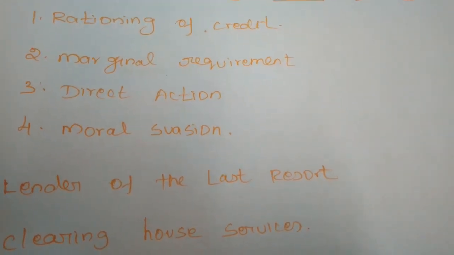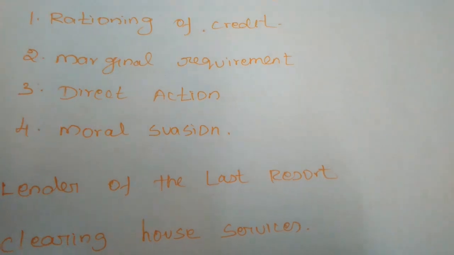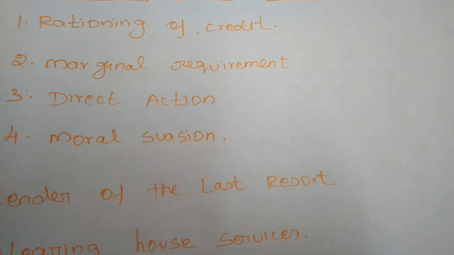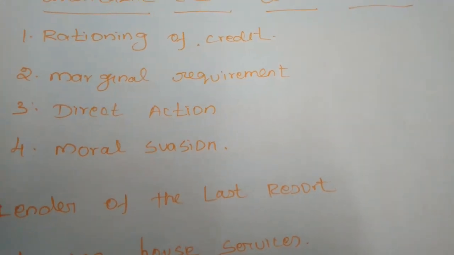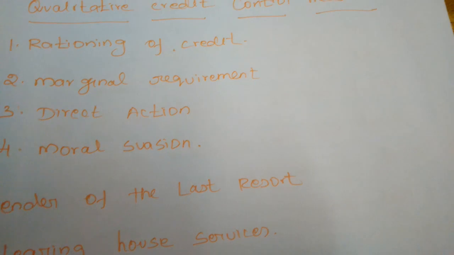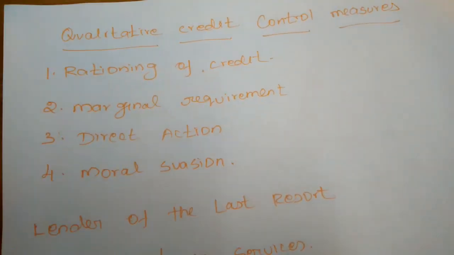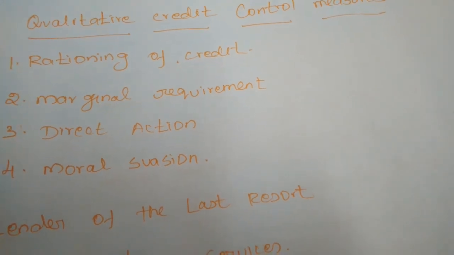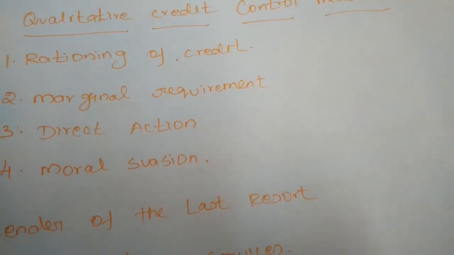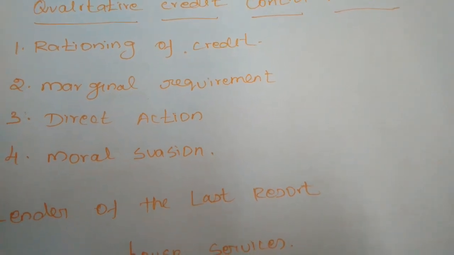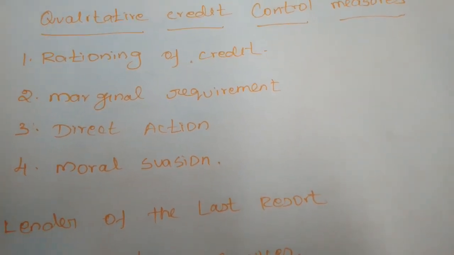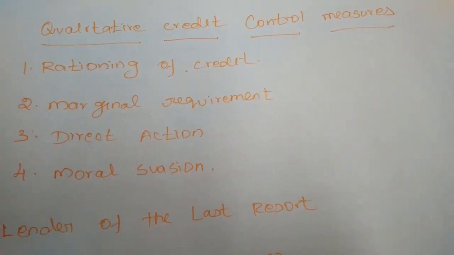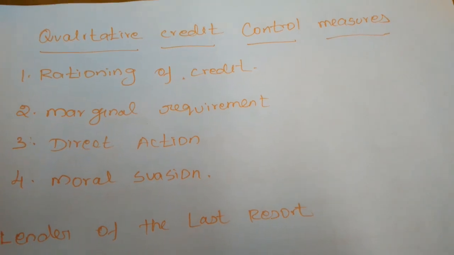Next, direct actions. The Reserve Bank of India takes corrective actions on any bank or banks that do not follow its guidelines. It is called direct actions. A commercial bank must obey the Reserve Bank of India, which has more power. After providing guidelines, if some commercial banks are not obeying or following the guidelines of the RBI, the RBI will take actions directly.